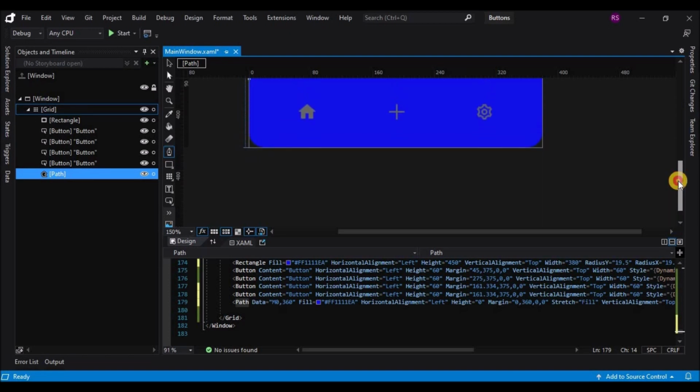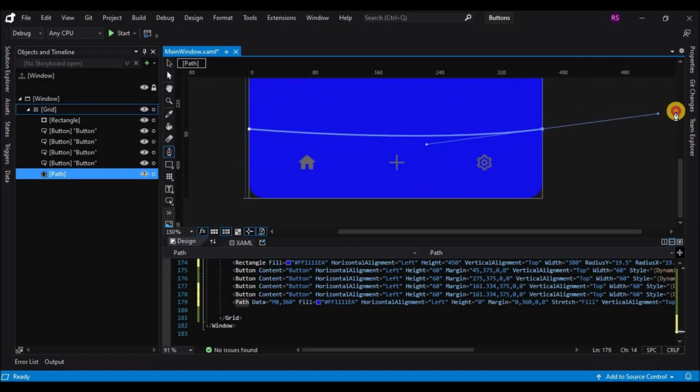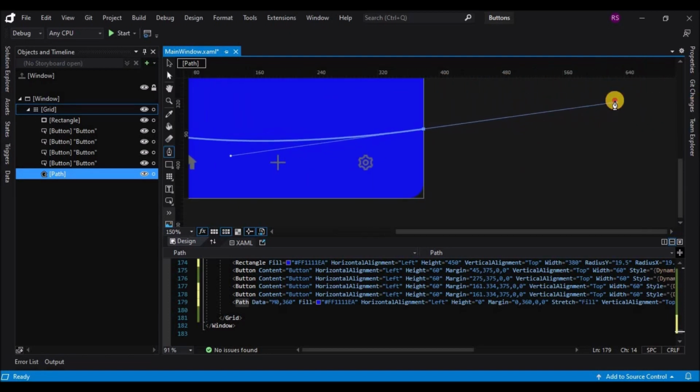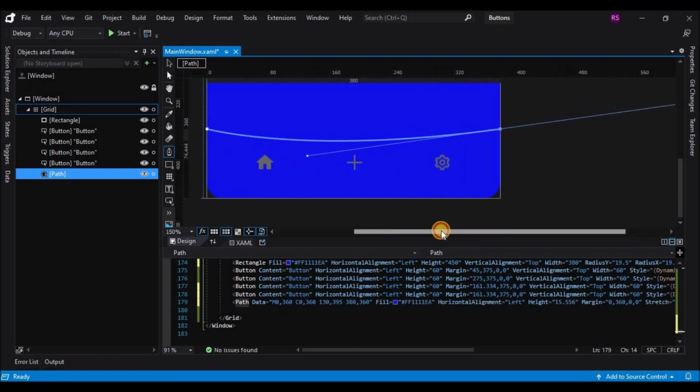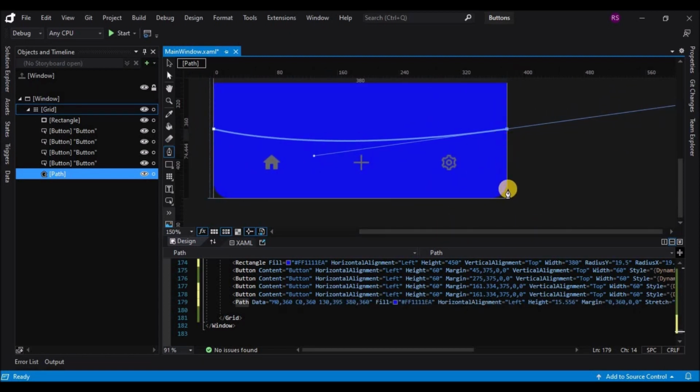Then I'll click on the anchor point again so that it does not continue, and now I'll add the third anchor point, and the rest I have already explained. So I'll do that, and yeah, so that's done. And the final anchor point.